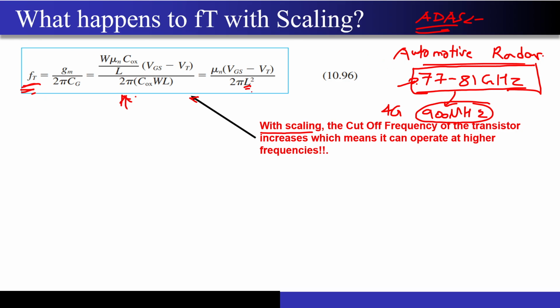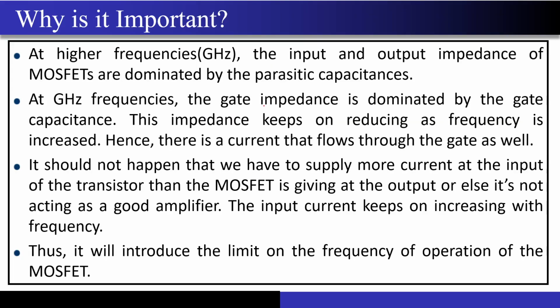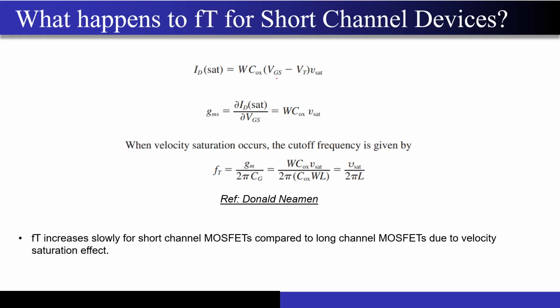But there is one more effect that actually happens. I will come to this slide later. Let me just clear this slide first. You know that when the MOSFET is velocity saturated, we have already seen that velocity saturation is bad for our MOSFET, because it does not allow current to increase beyond a certain point when the saturation velocity has been reached.